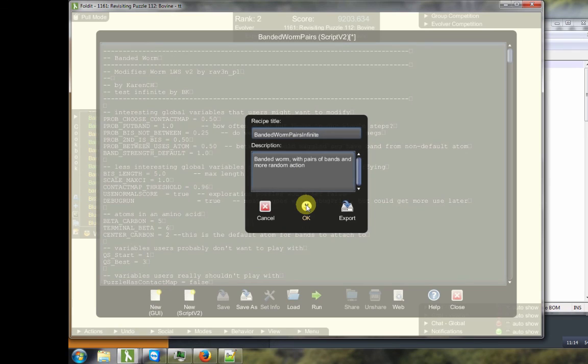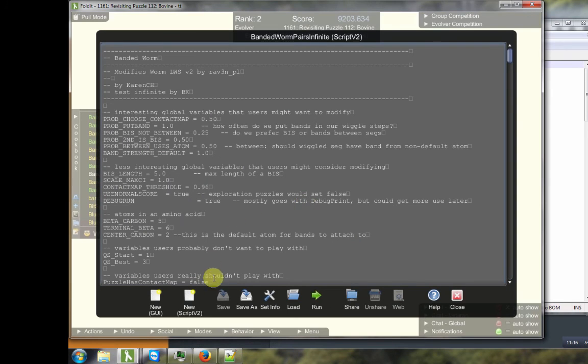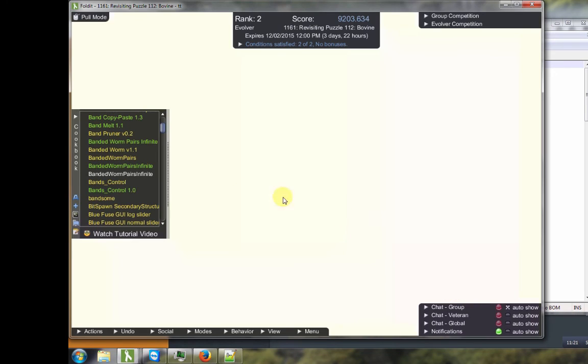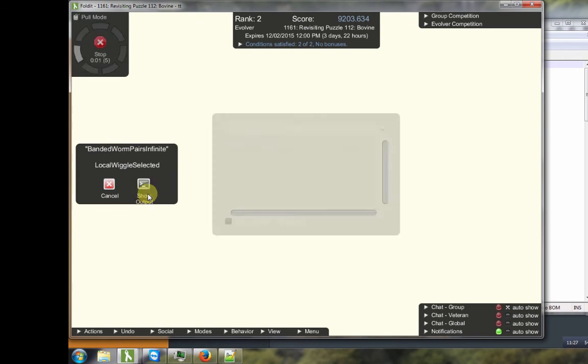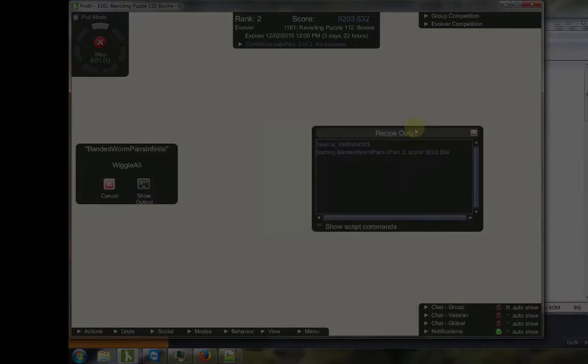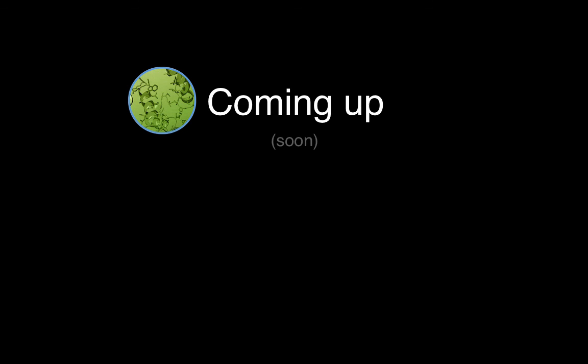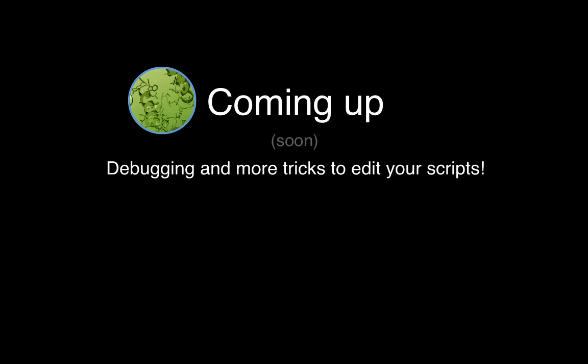So I'm now in Foldit. And I have my new recipe. I can share it, but I will first try if it works. So it's in white because it's not shared already. I try it, and it seems to work. It's okay. So next time I will try to explain if it does not work, how to fix, because there are many bugs. It's easy, you copy and you forget to put end at the end of one function, for example, and then it does not work.